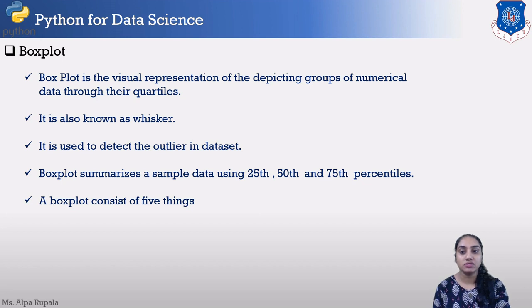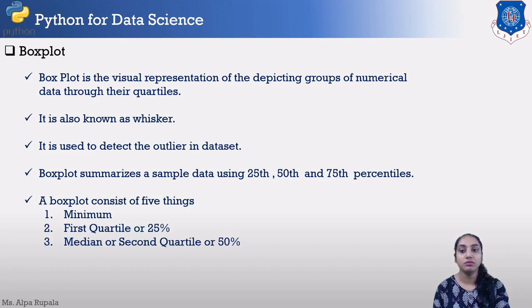Basically, a box plot contains five fundamental things: the minimum value, the first quartile or 25th percent, the median or second quartile or 50th percent, the third quartile or 75th percent, and the maximum value.